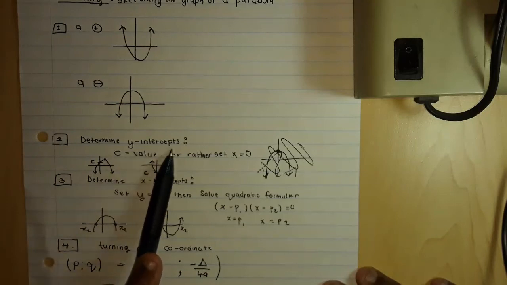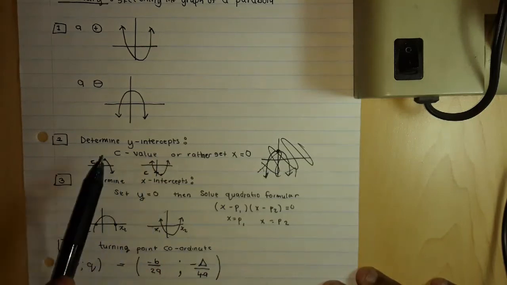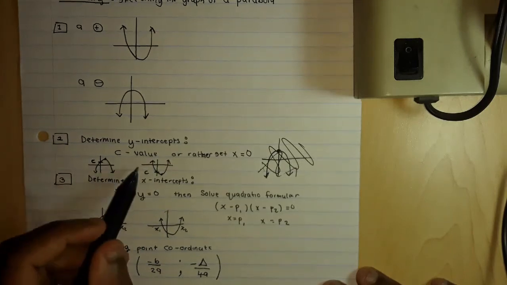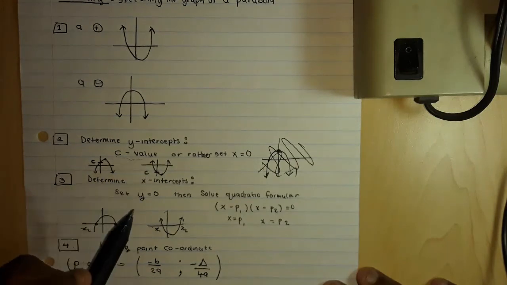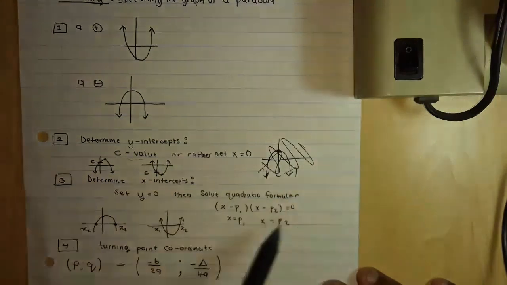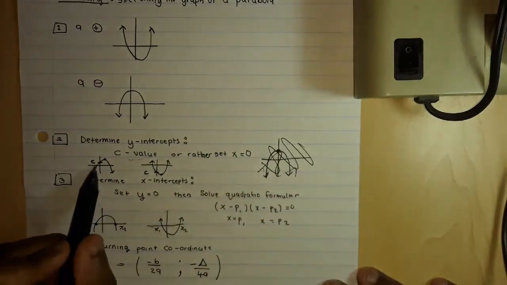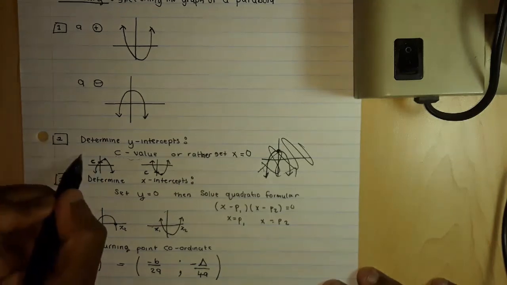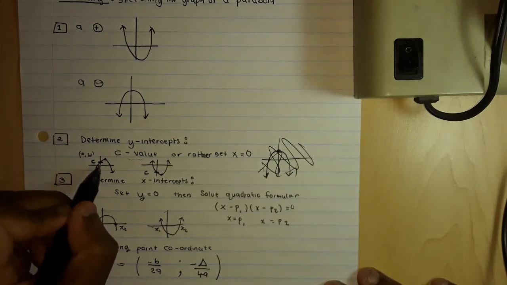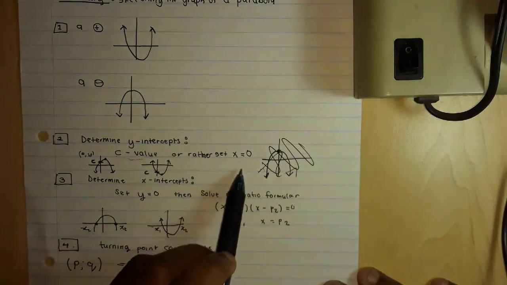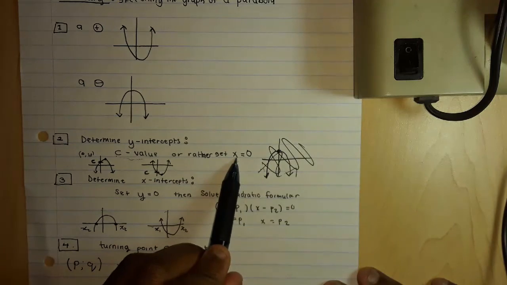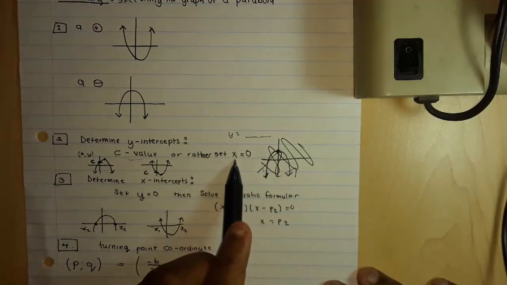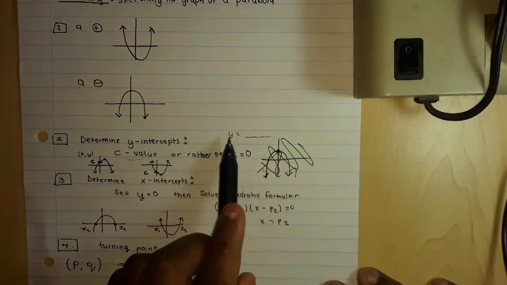Remember that we said the y-intercept is represented by the value c, right? But it's always best to remember that if you have a parabola, at the point where the graph intercepts the y-axis, x is 0 and we have a y value. So when you solve for the y-intercept, if you have y equals something in terms of x, whenever you see x, you need to substitute 0